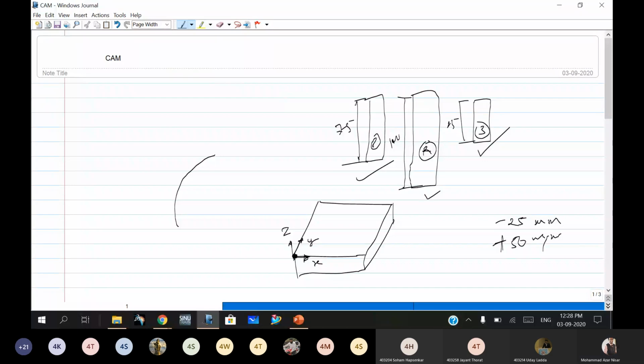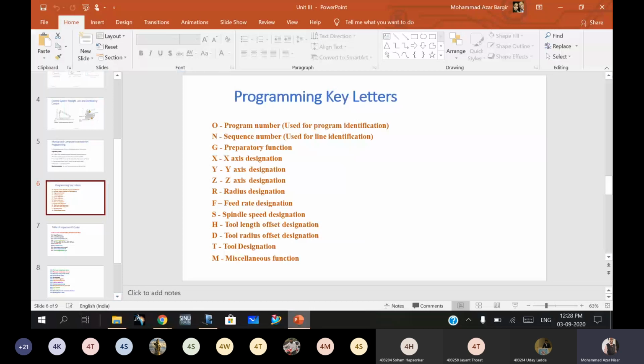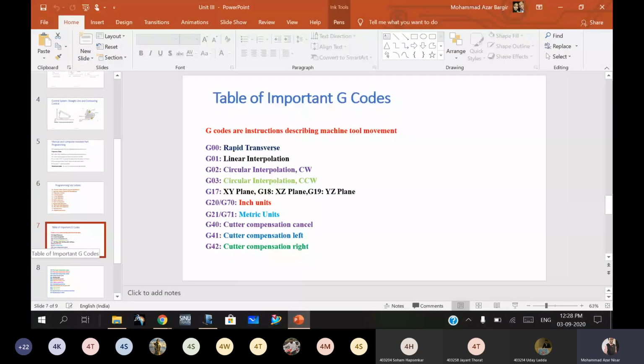Okay, obviously. So these are the uses of this H and D. Then we'll see one by one what these G codes are and what is the purpose of these G codes. The first one is rapid traverse. For that purpose G00 is used.